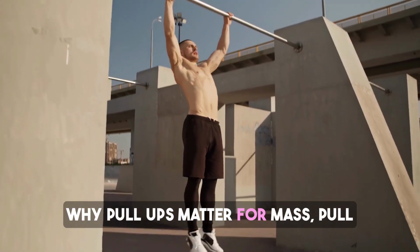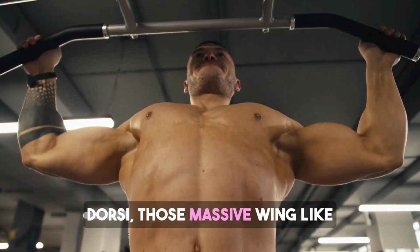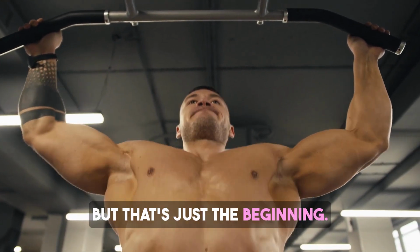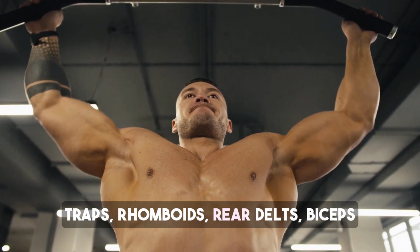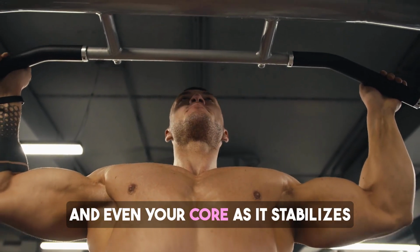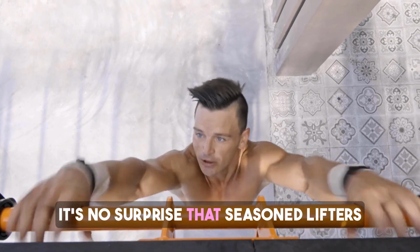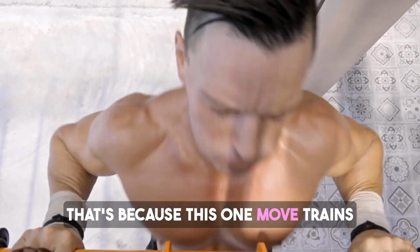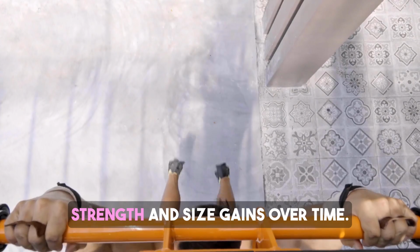Why pull-ups matter for mass? Pull-ups primarily target the latissimus dorsi, those massive wing-like muscles that give your back width. But that's just the beginning. This movement also activates your traps, rhomboids, rear delts, biceps, and even your core as it stabilizes your body throughout each rep. It's no surprise that seasoned lifters often say, if you want to get big, learn to pull yourself up first. That's because this one move trains so many critical muscles simultaneously, leading to massive strength and size gains